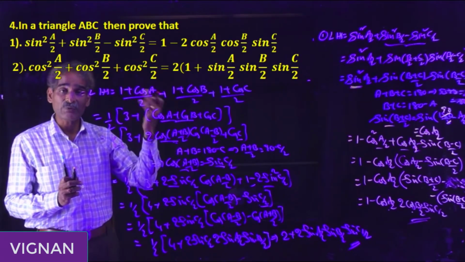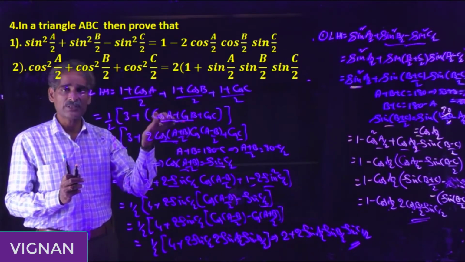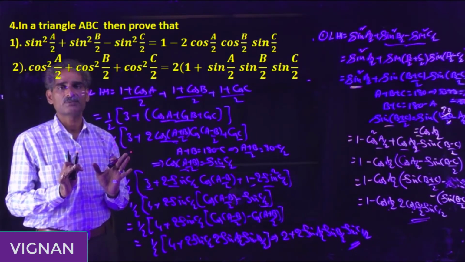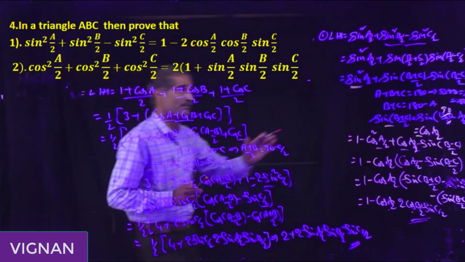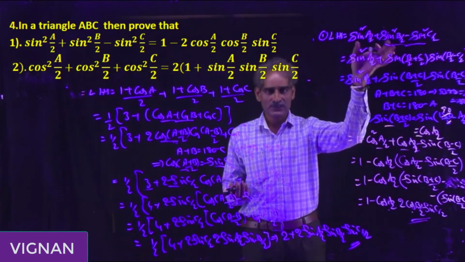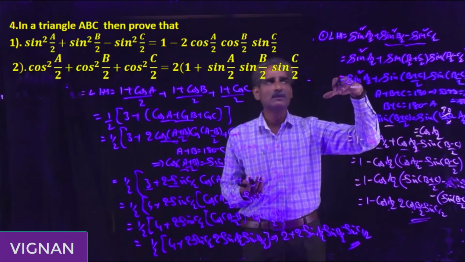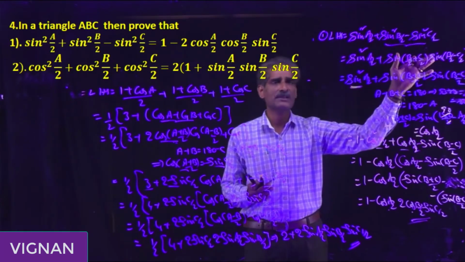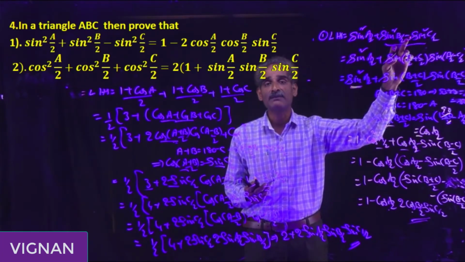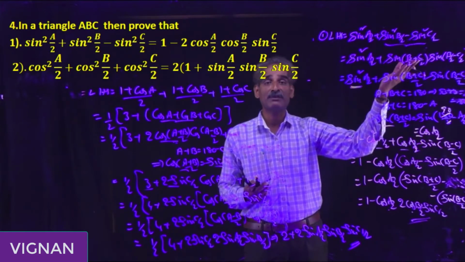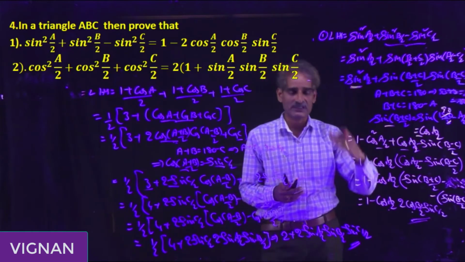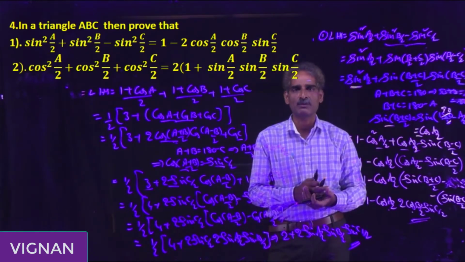What are the required terms? What formulas are there? How can you convert it into standard form? Observe the first term: if there is no direct formula for these two, then you have to change it into a form. Here there is a formula for these two, so just write down the formula. Otherwise, suppose plus sin square c by 2 is there, then you can't apply the sin square a minus sin square b formula. In that case there is another formula, cos square minus sin square. Later we will discuss those types of problems also.